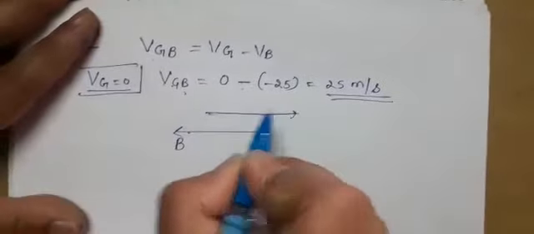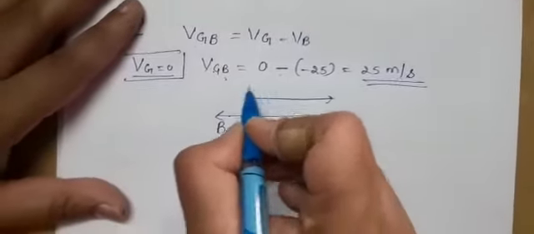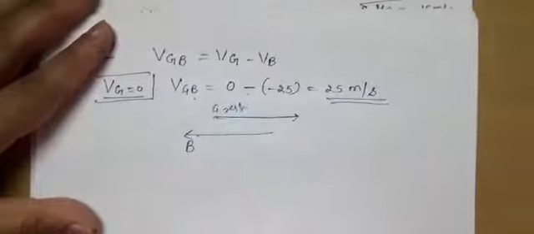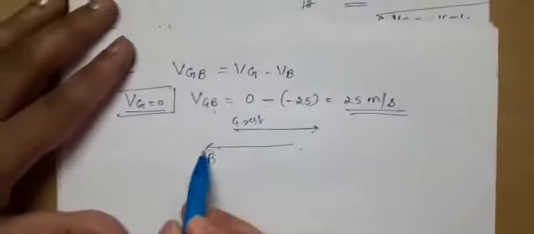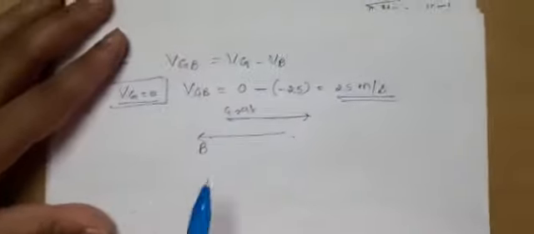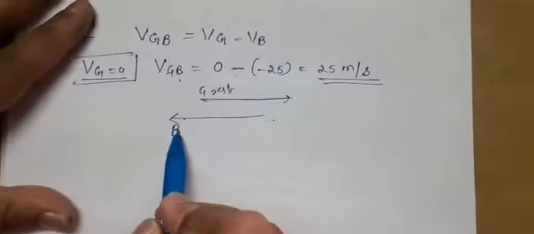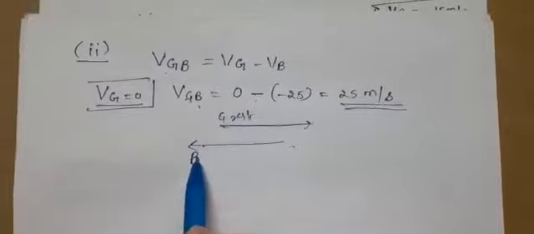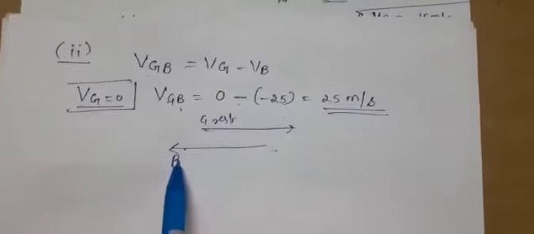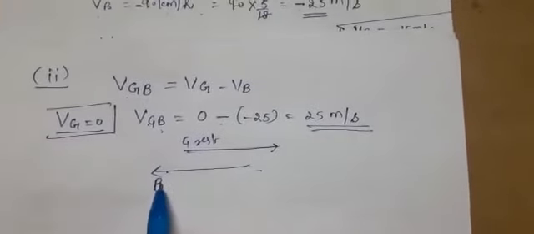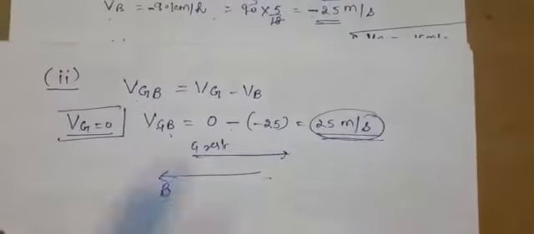What are we getting? Actually, the ground is at rest, but the person, or you can say the train, is moving in this direction. So for an observer, the train is actually moving forward. So what will appear? That the ground is moving in the opposite direction. With what speed? That is the speed which we have calculated.